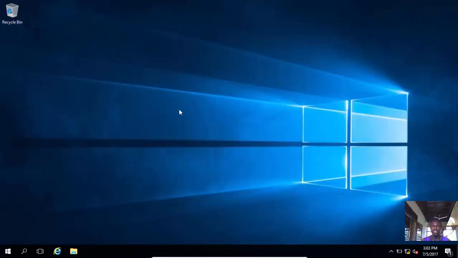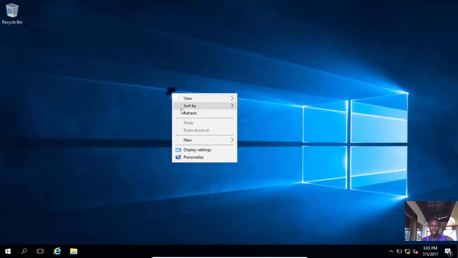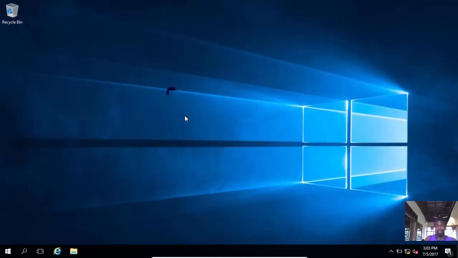If you install Windows Server 2016, this is the background that you are going to get. It's the same as the Windows 10 background. If you install Windows 10, the background that you are going to get is the same as if you installed Windows Server 2016. Okay, so this is the start button for your Windows Server